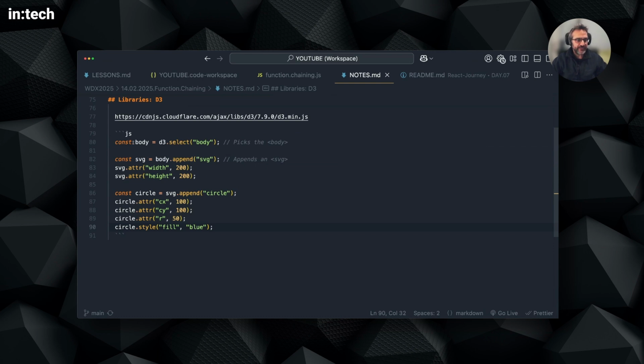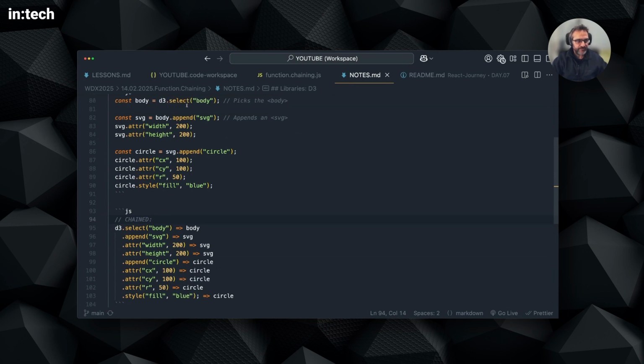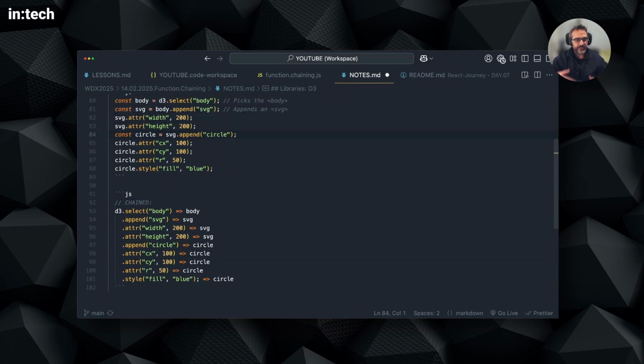As you can see here, we have to define a variable for each step, then take that variable, run a function, store the result in a variable, run some methods on it, and then continue. But we can also chain these functions together, which is how we work with D3 most of the time. So let me give you the chained version, which looks like this. So we take all these commands, and instead of using these intermediary variables, we just start by